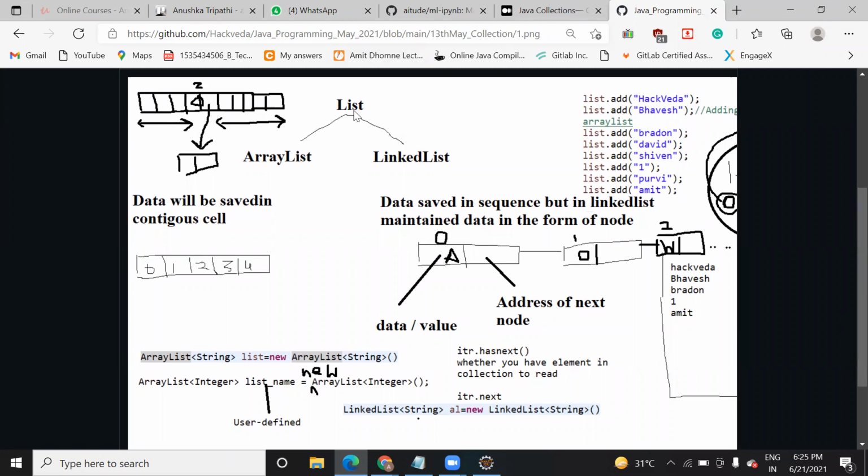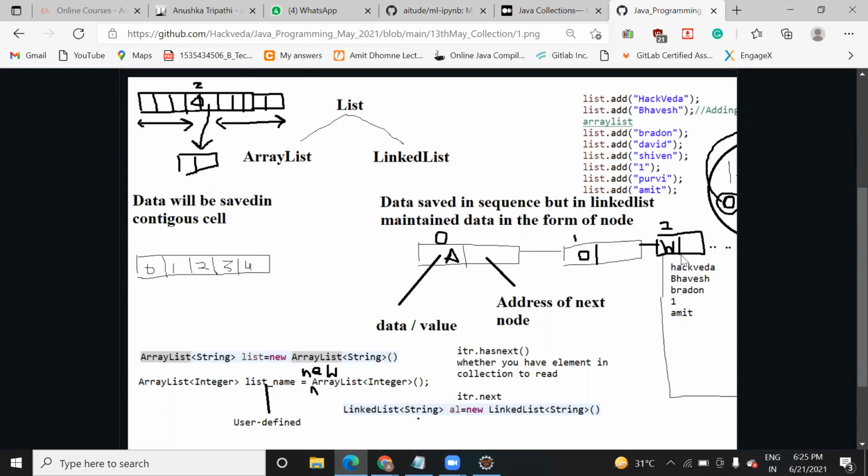There are two kinds of lists: array list and linked list. Array list, I told you, is similar to an array where the elements are arranged in a sequence, as contiguous data. And linked list keeps the address of the next element, right?